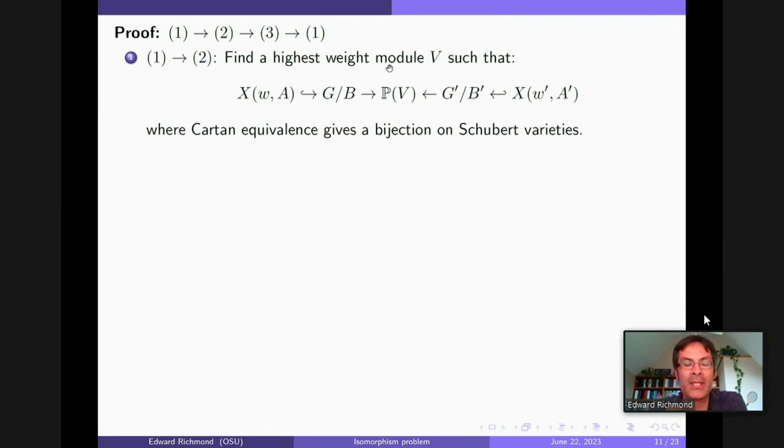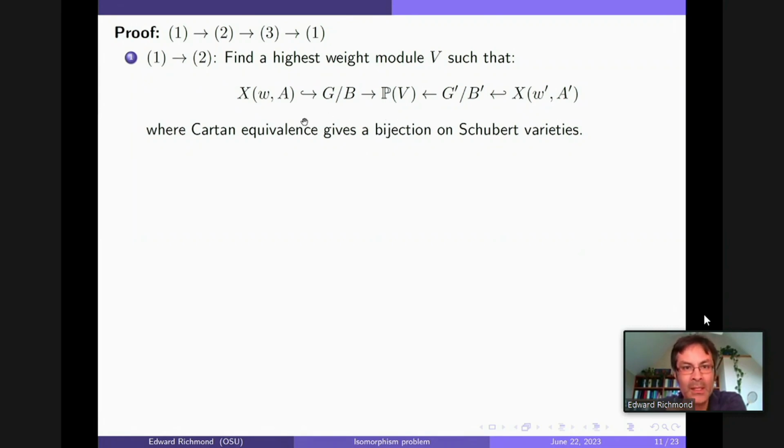And for the first part, basically what we're doing is some representation theory. We're going to try and find a highest weight module such that our flag varieties map to this highest weight module. And then what you do is you look at these corresponding Schubert varieties that are sitting inside these flag varieties. And the fact that we have a Cartan equivalence allows us to find such a module such that basically these maps remain injective when restricted to the Schubert variety on either side, and that their images map perfectly onto what they are in this